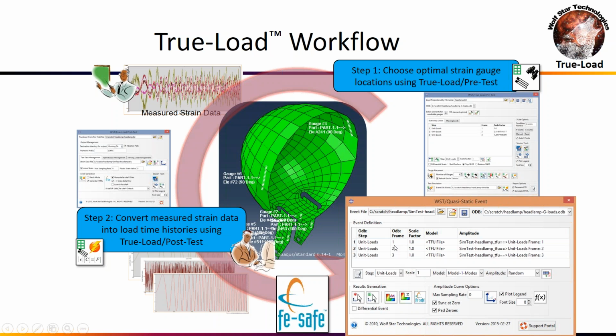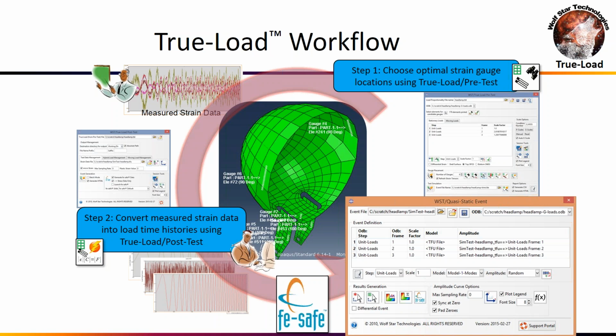You can see we've got our 3 unit load cases here, and the loading functions generated from the strain data. These 3 loading functions were just generated from the strain data, and they correspond to each one of our unit loads. We can probe any node or element for any data component we want: displacement, stress, strain, whatever. Or we can generate operating deflection shapes, or we can go off to FE-safe to do fatigue analysis. These are all things we can do, and so this is great.